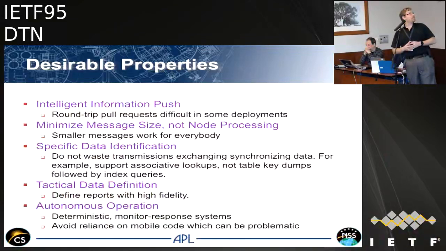Second, and this may be contentious depending on the network deployment, we like to minimize message size as opposed to minimizing node processing. The thought behind that was, yes, we could create very expressive and verbose expressions of commands and controls and things of that nature. But if we want a single mechanism to work in the very constrained and very resourced areas, going back to one of the assumptions that we have some challenge to access the link, either based on link characteristics or our priority within the link, smaller is always better, as long as perhaps smaller doesn't get so small that it becomes difficult to reliably implement.